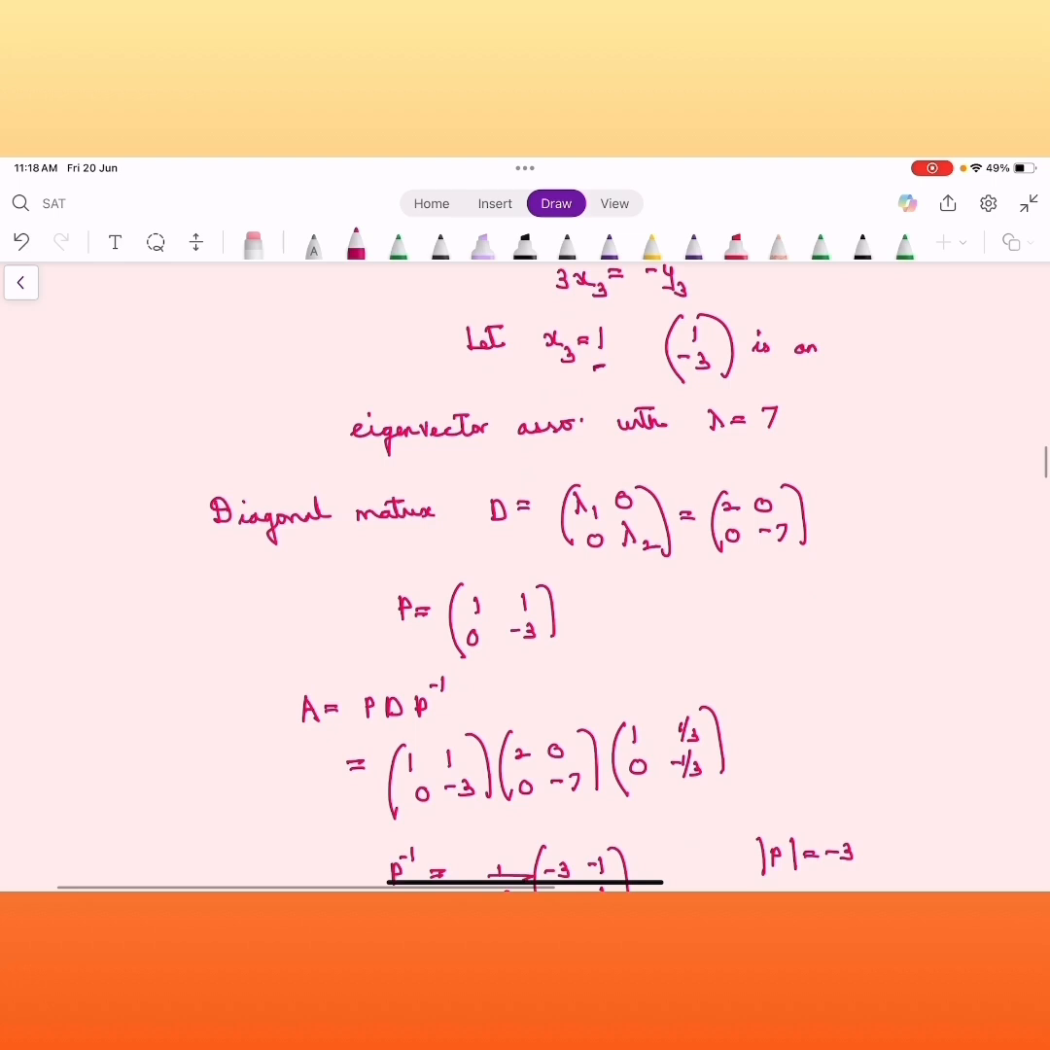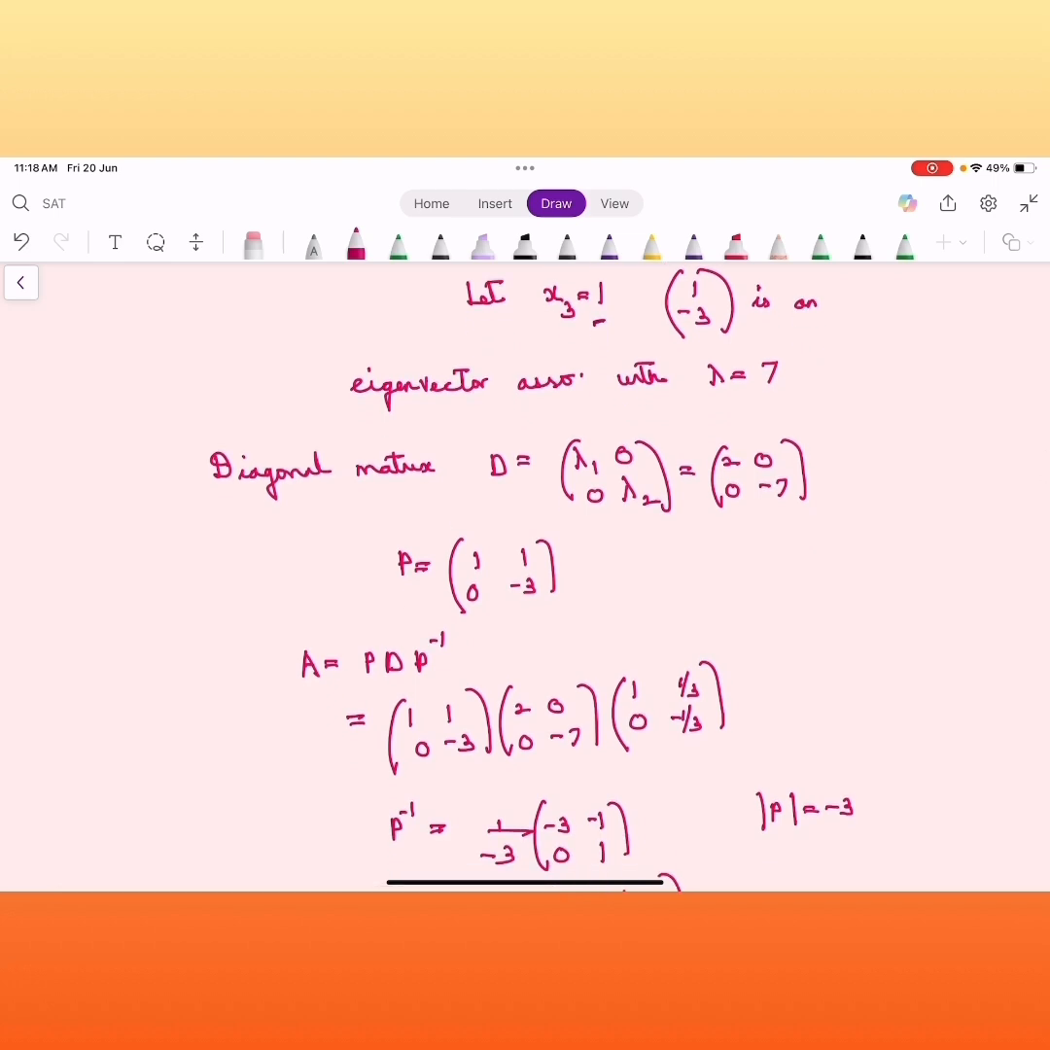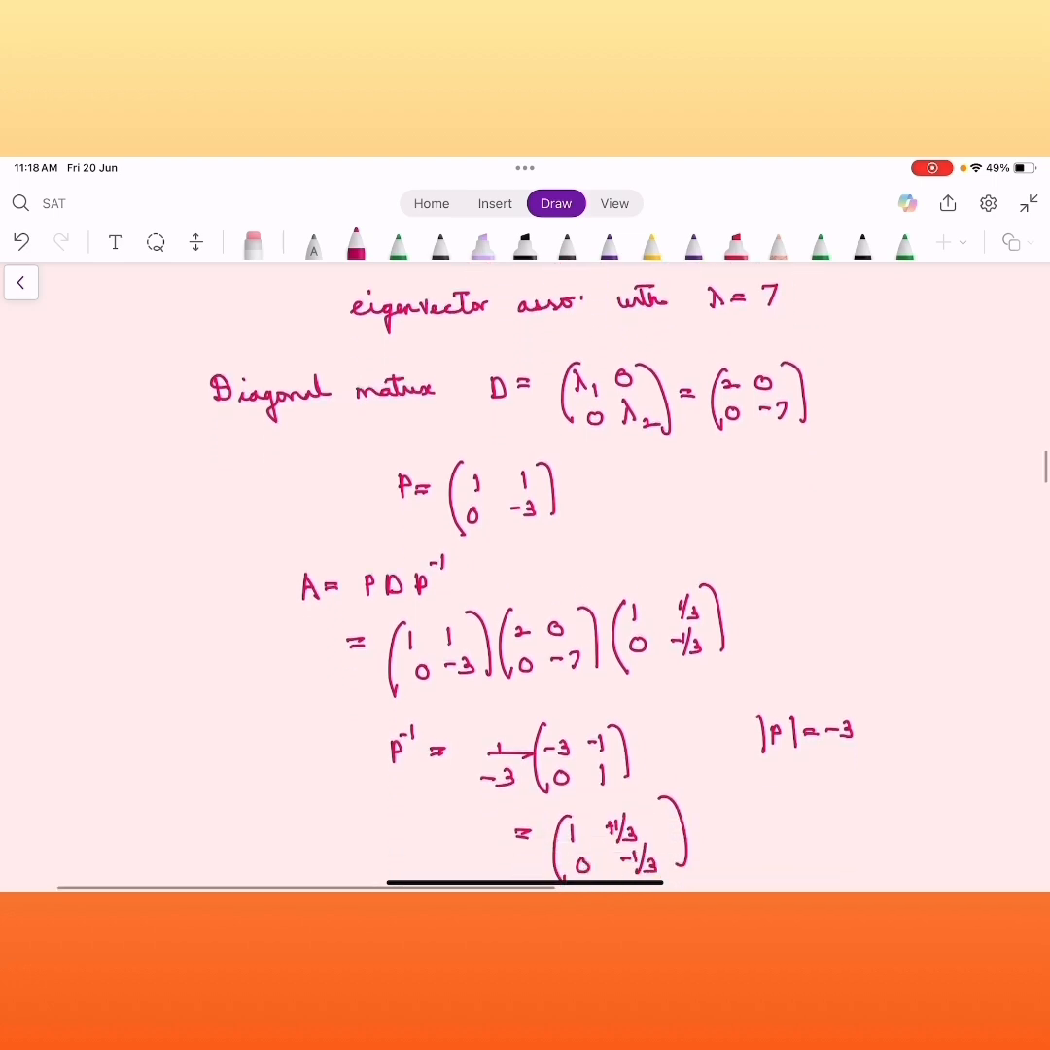So A will be P D P inverse. That will be 1, 0, 0, minus 3, which is P. This is D. How will you find the inverse of P? Determinant of P is